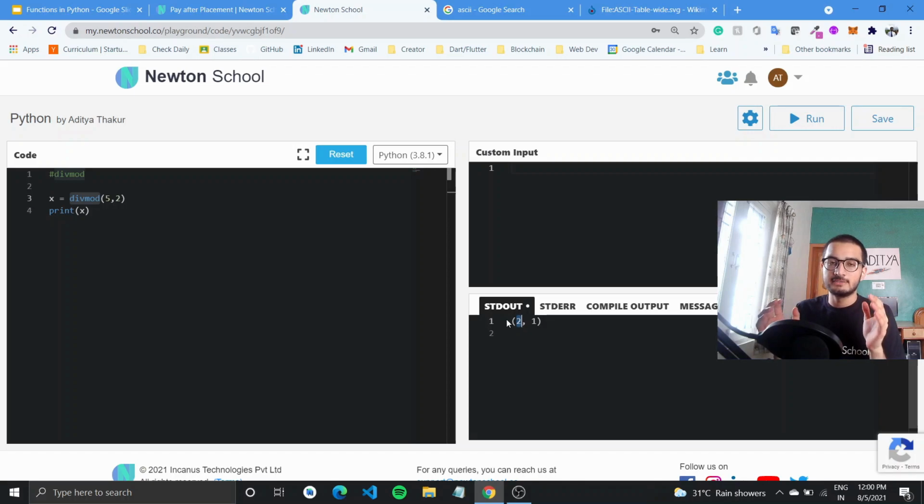And both of these values would be in a tuple, so you can use these values for mathematical operations. As in, if you were given two arguments and you wanted to know both the quotient and the remainder, you can use this built-in function in Python called divmod, and you'll get both the values as a tuple, and you can use them accordingly in the program. So that is it for the video. We wanted to cover the basic built-in functions that are available in Python.